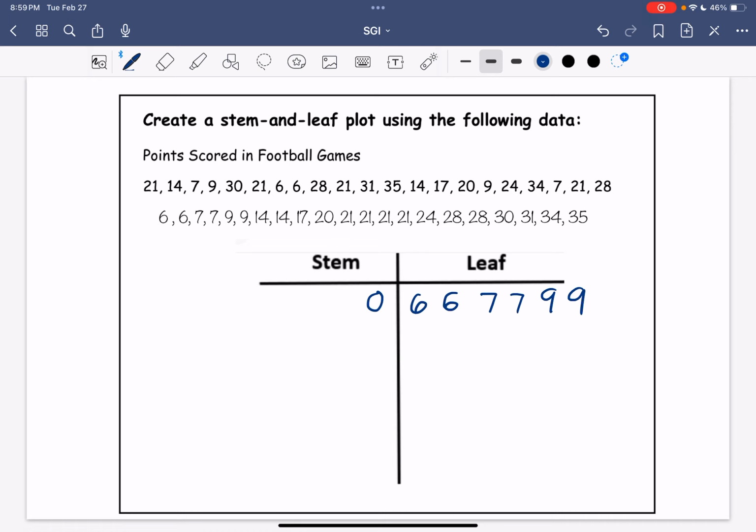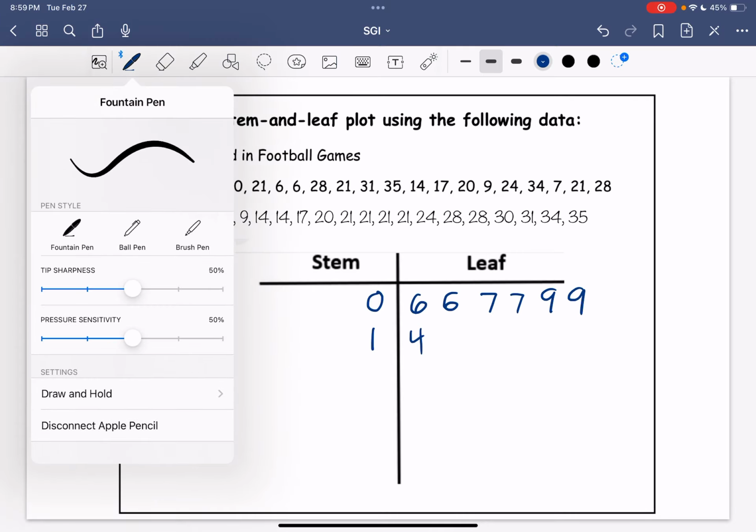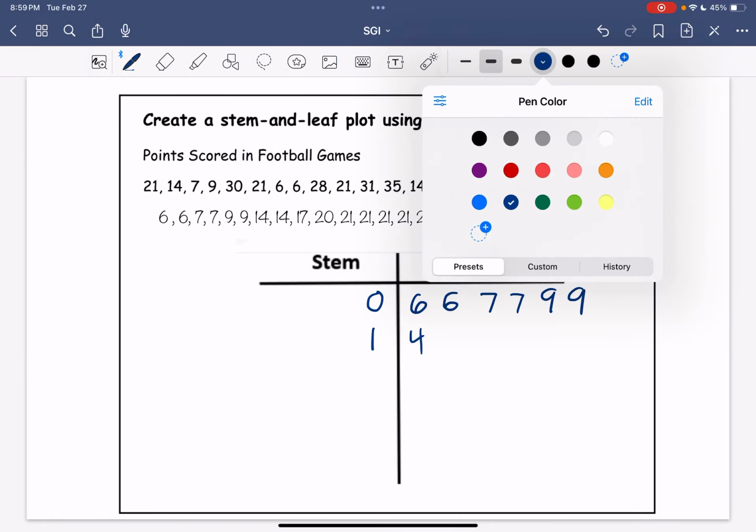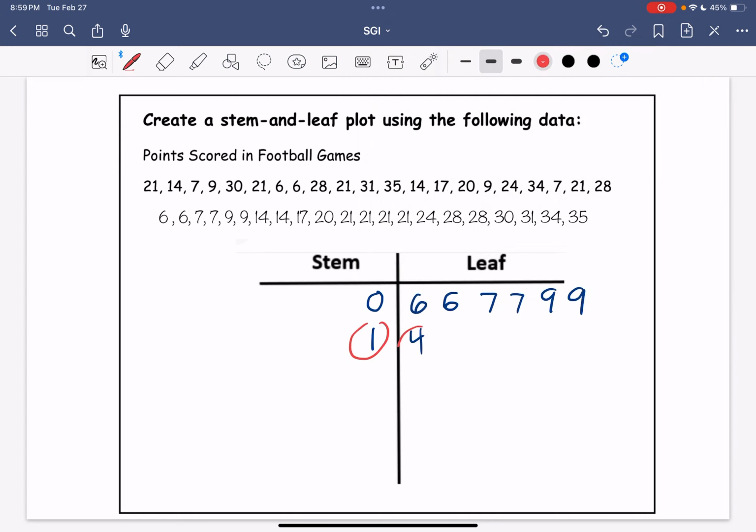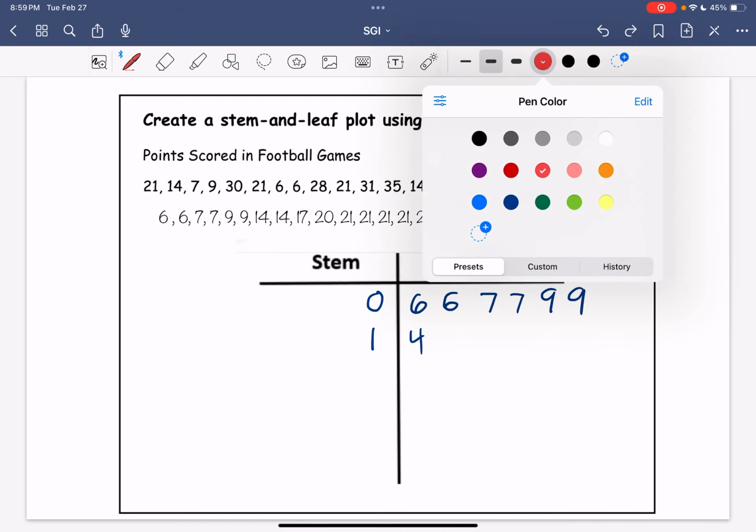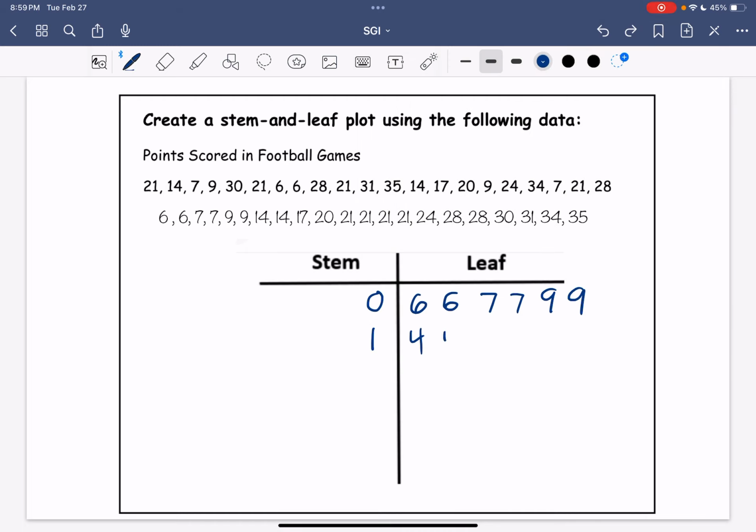The next numbers, they start with the 1. So I'm going to put the 1 for my stem and 4 for my leaf. And then this means 14. Now, I'm going to put another 4 because that's another 14, and then I'm going to put a 7 because this means 17. So my next stem is going to be 2 because I have a 20,